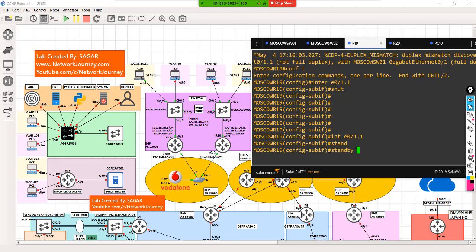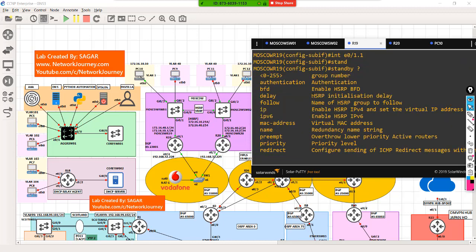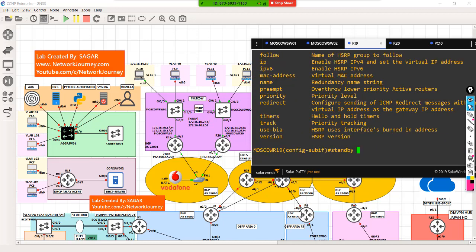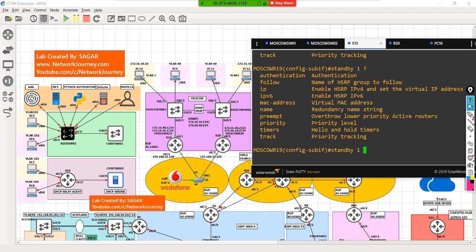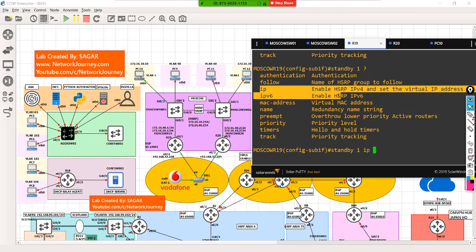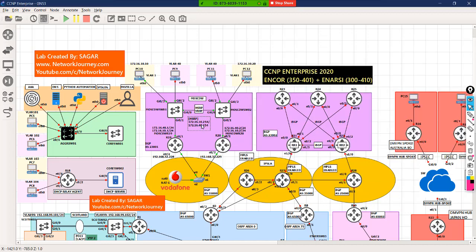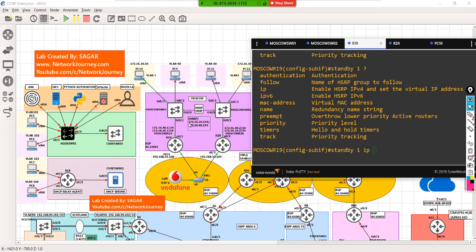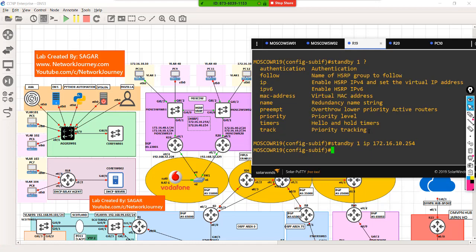The command is standby, and I need to give a group number. So for VLAN 1, I'm going to give group number 1. And what is the IP address? Now it's asking me for a virtual IP address. So let's make use of this IP that is mentioned on my screen. This acts as a virtual IP for VLAN 1.